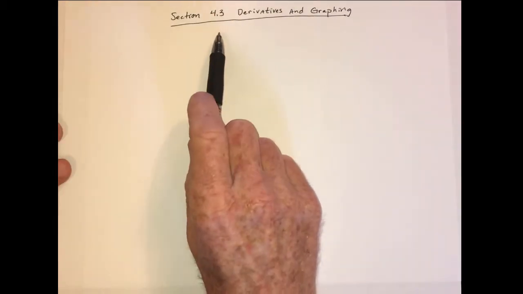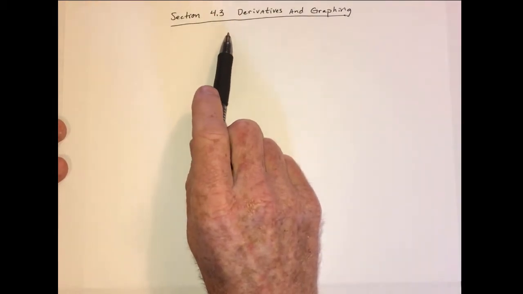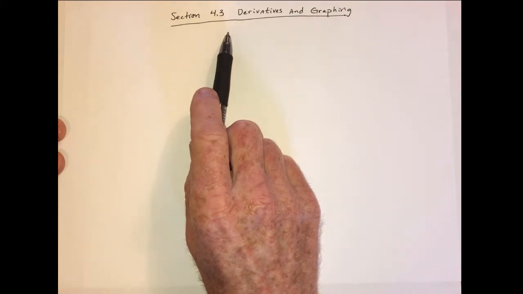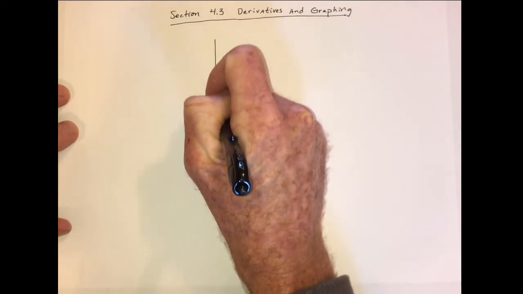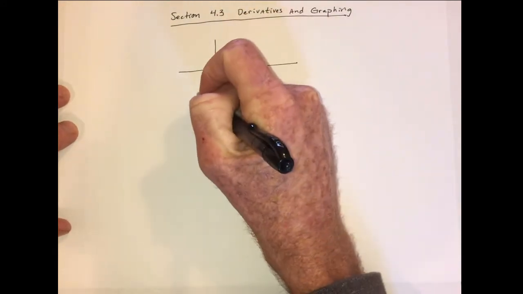Section 4.3, derivatives and graphing. So of course derivatives have a lot of applications, such as the first derivative could tell you how fast something is changing. Well, it can also tell you about the shape of a graph. So if you look at this graph right here,